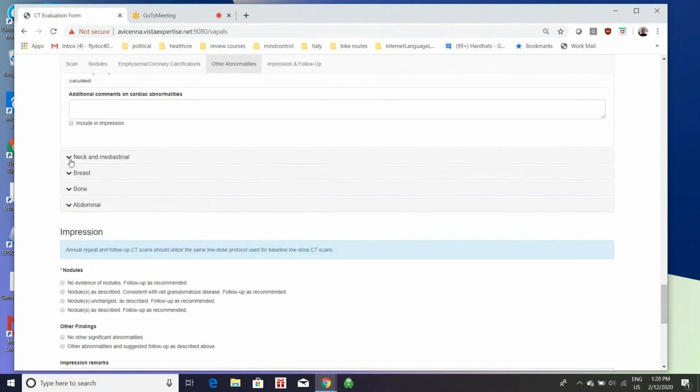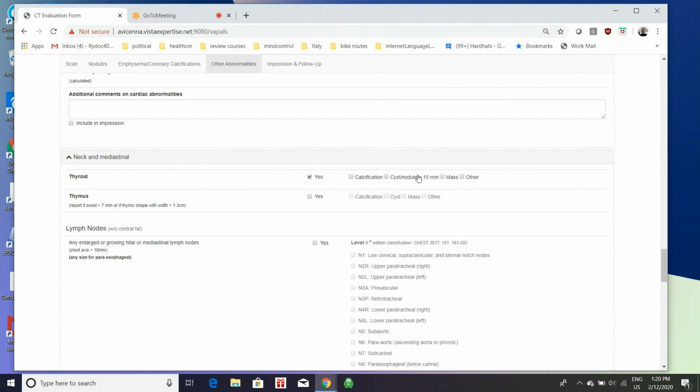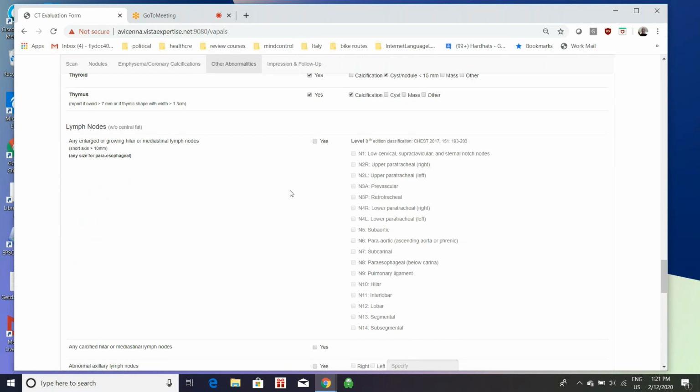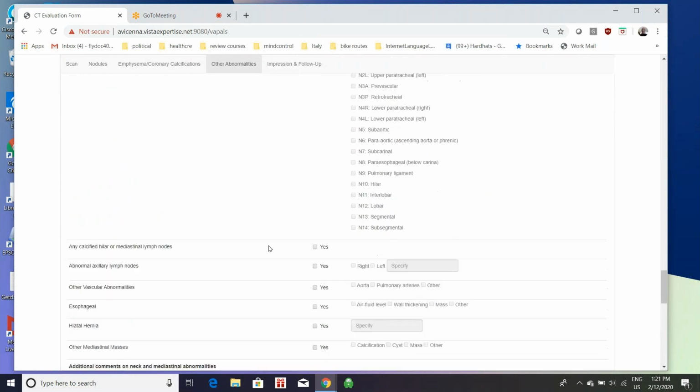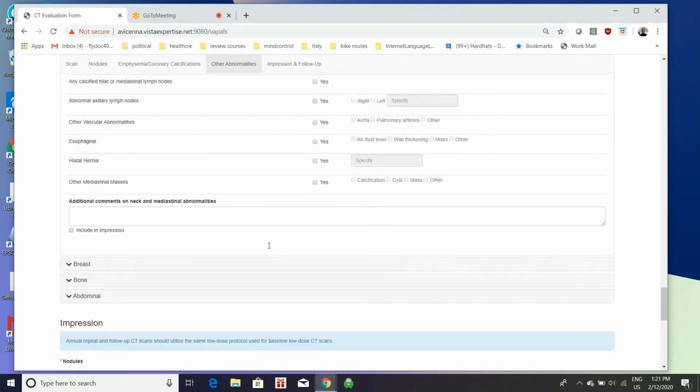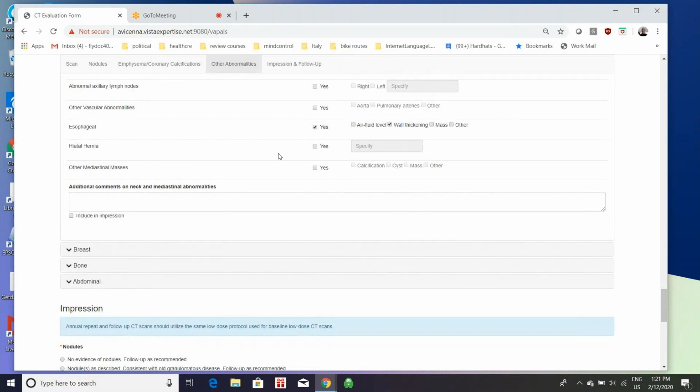We can leave this one off here. Let's say that we did see the thyroid and there was a nodule there, a small one. Maybe there's something going on in the thymus. You can do stuff with lymph nodes, which I'm going to skip for right now. And we can say that there's something going on here. Maybe there's a hiatal hernia. Maybe it's like 3 centimeters. And we can put comments here for abdomen,